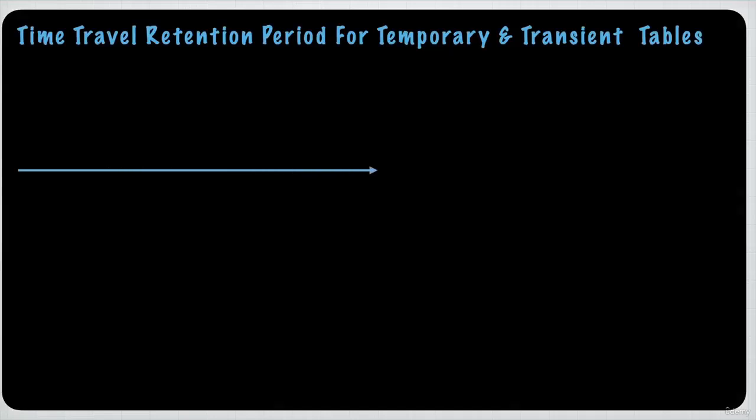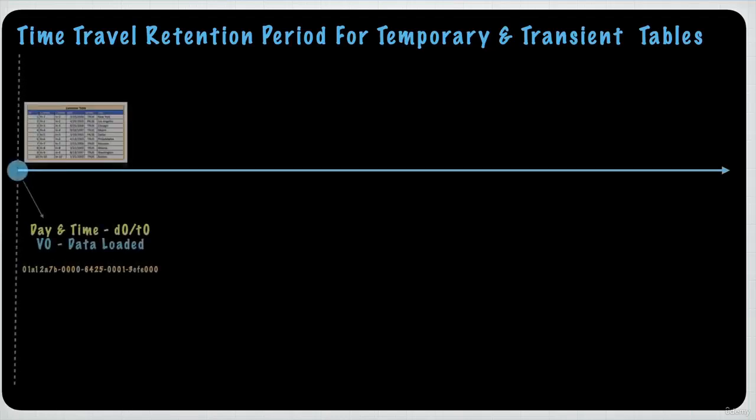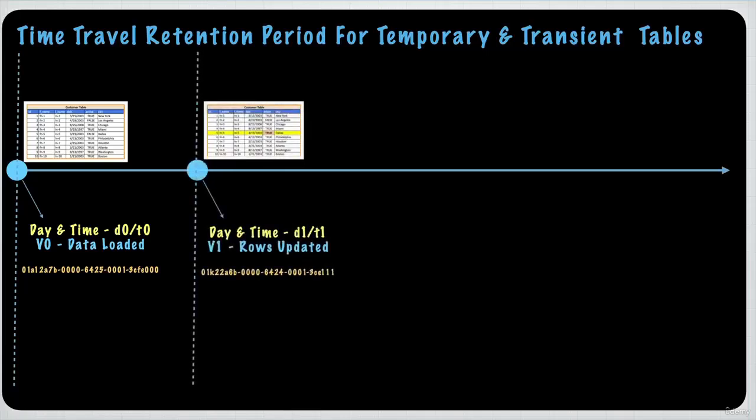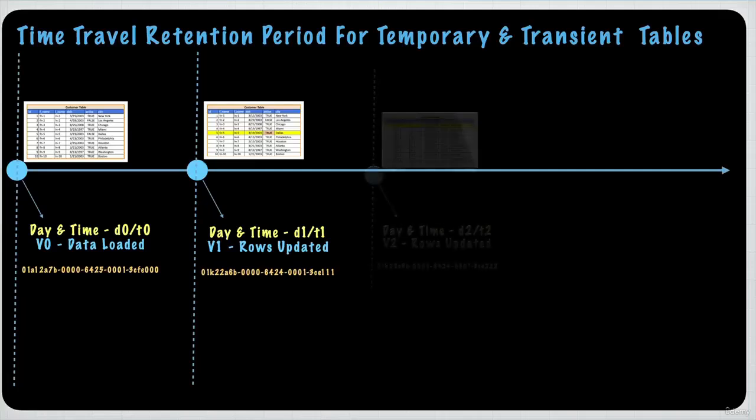When we talk about temporary or transient tables, the time travel behavior is slightly different compared to the permanent tables. And we'll try to understand this with an example. So let's say we have a customer table and the table is defined as a transient or a temporary table. We have covered this concept in the previous section, and please refer to that before going towards this video. So the table version V0 is where data is loaded via the copy command, then an ETL performs some update operation on day 1 at a time T1, and at this point we can access data for the last 24 hours, or we can say for the last 1 day.